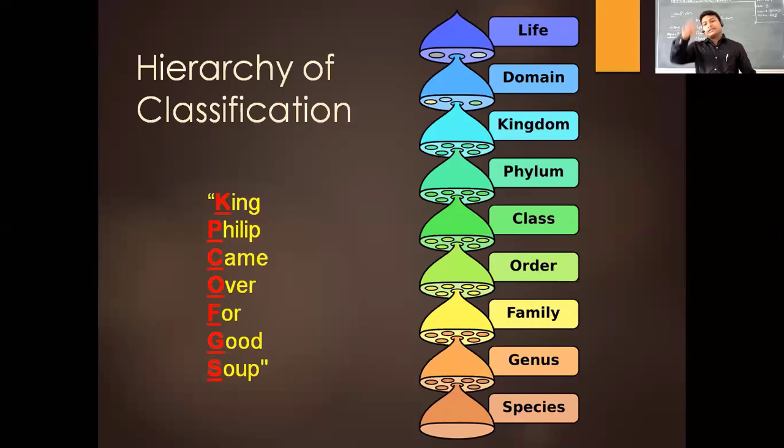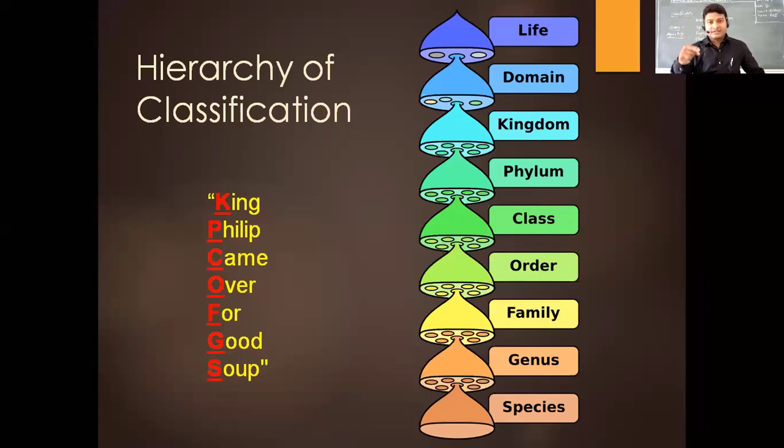So, how to remember this? This sequence is important, as I had said, and many times we forget what it is. So, there is one particular way to remember it. I found it on the internet. It is said that King Philip came over for good soup. You can make your own. Okay, this is one thing that I found on the internet. So King Philip came over for good soup, and you can see